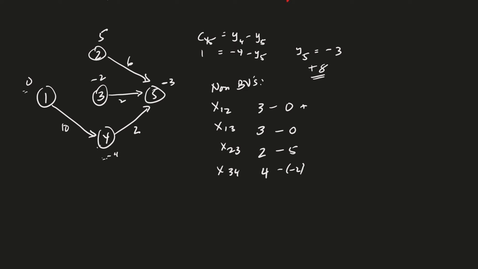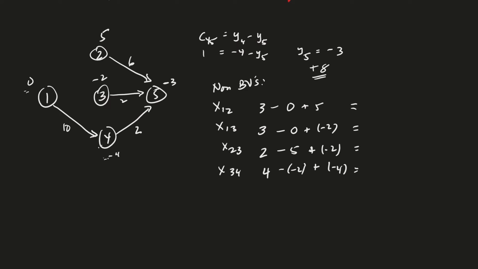And then we add in our yj's. y2 is 5, y3 is negative 2, y3 is negative 2, and y4 is negative 4. Good. And now it looks like we have 8, 1,